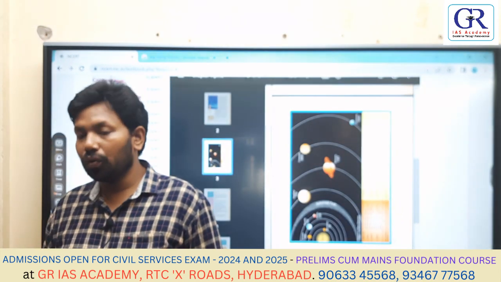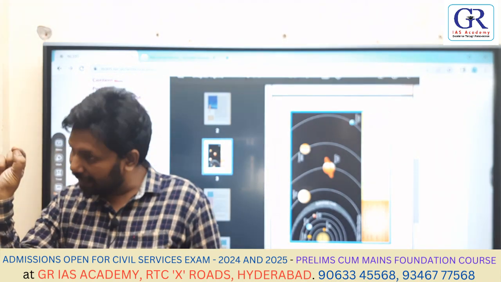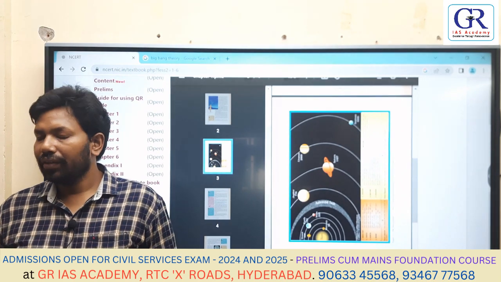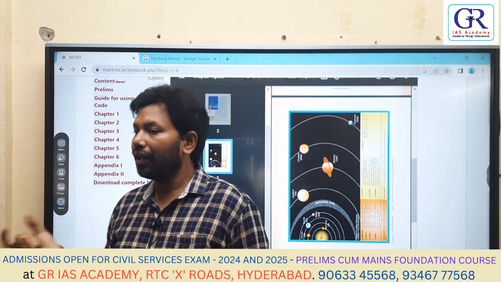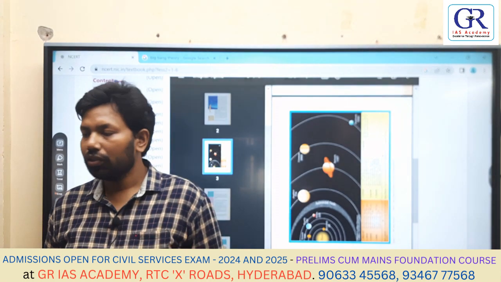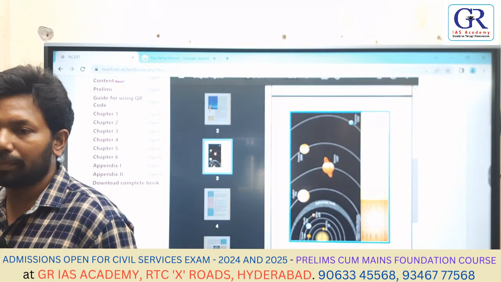Similarly, Pluto also should influence some other, even if it is a dust, it should influence. It can't influence, therefore we removed it. Then we included a planet called Eris. Again, that also has been removed from the solar system. So how many planets do we have, sir, in our solar system right now?